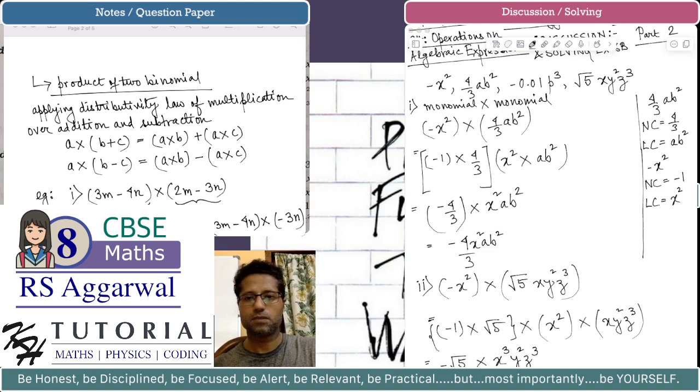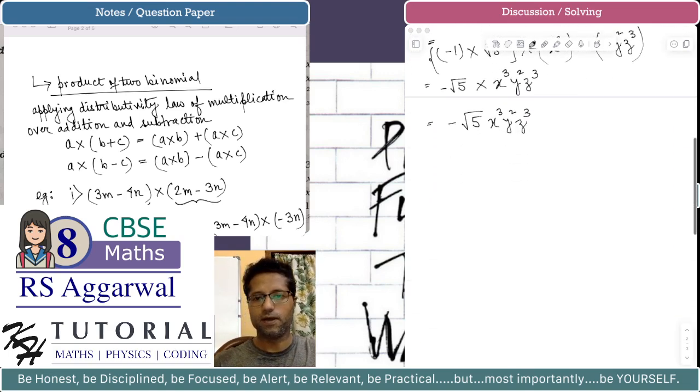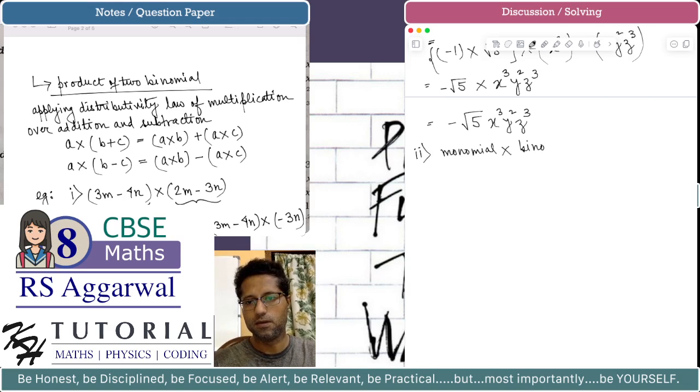Okay. Now let's discuss how we find the product of a monomial and a binomial. A binomial is an algebraic expression with two terms. For this we will use the distributive property of multiplication over addition and subtraction. So we know the distributive property of multiplication over addition and subtraction is that